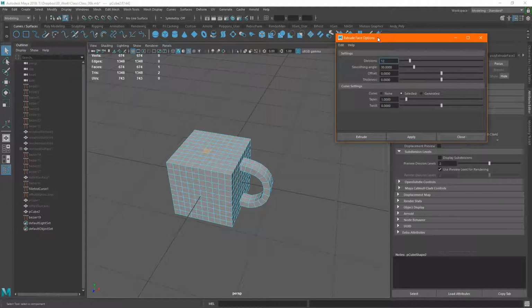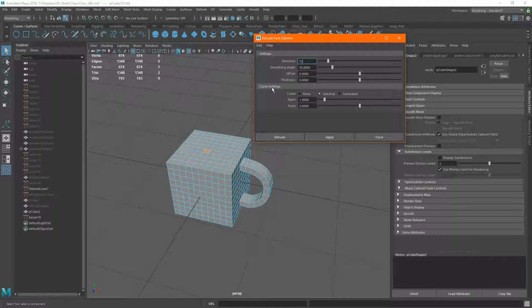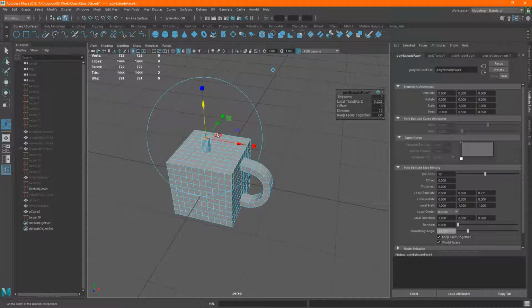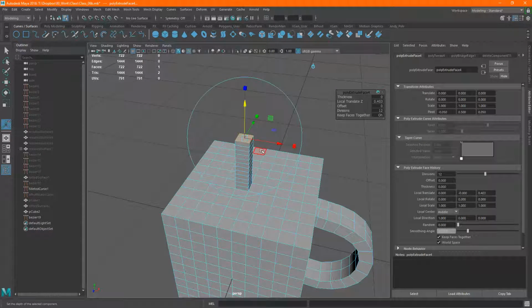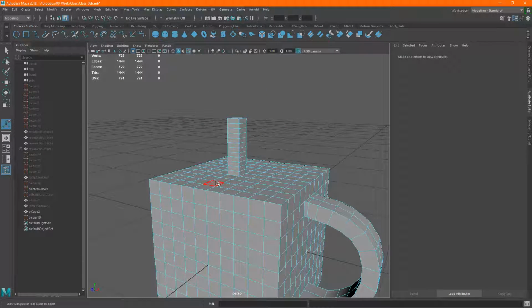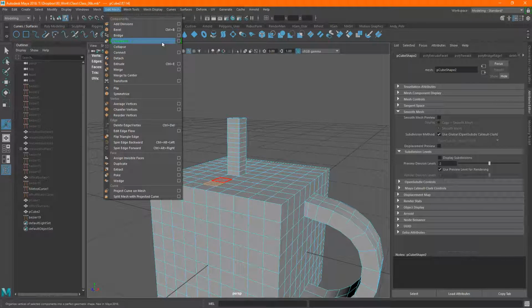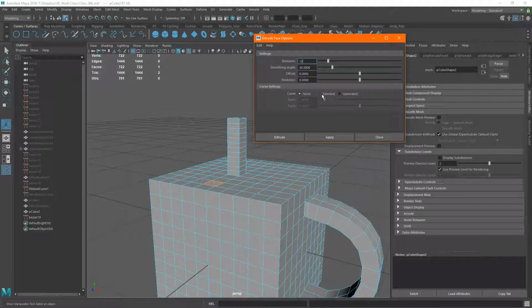If you go into options, you'll see that you can use this tool just to extrude stuff if you're not using a curve, and put in options for how many divisions you want and everything. But also sometimes if this gets turned off, you see this curve selected, that's obviously the curve that we selected. If that's off, and in some people's computers it was off, it's not going to do what you're expecting. So if you leave that on, it's going to work out just fine. Taper and twist is, you know, the